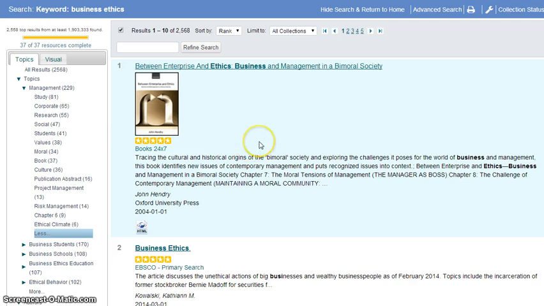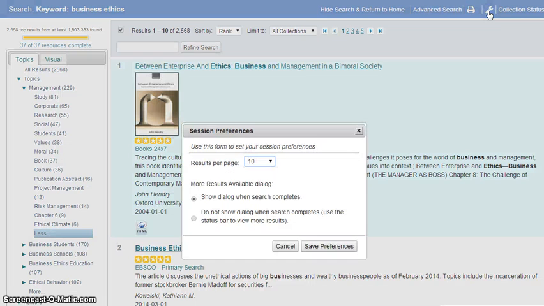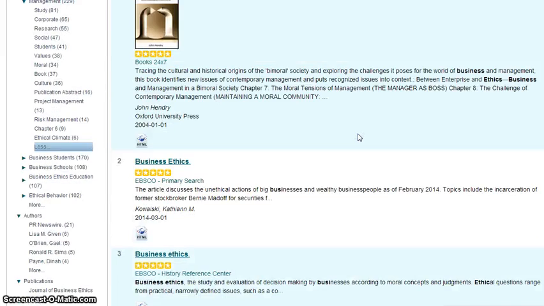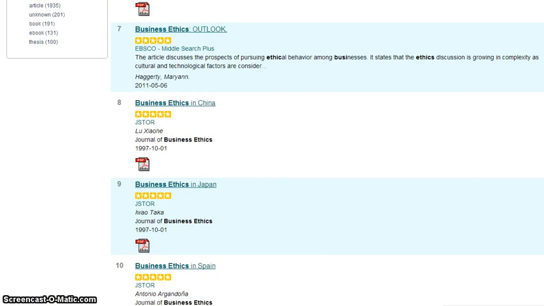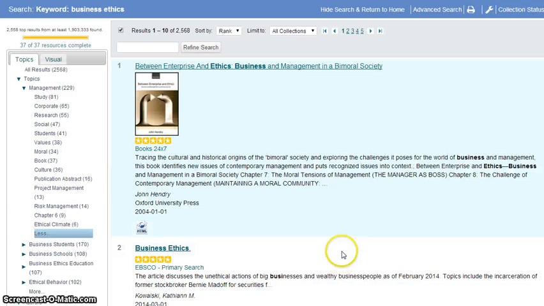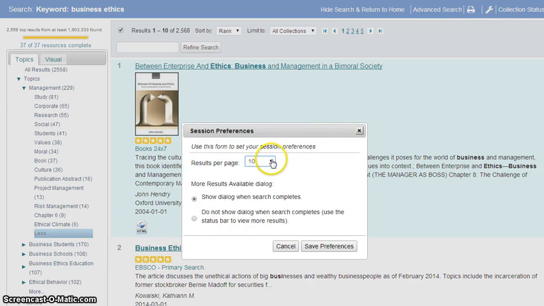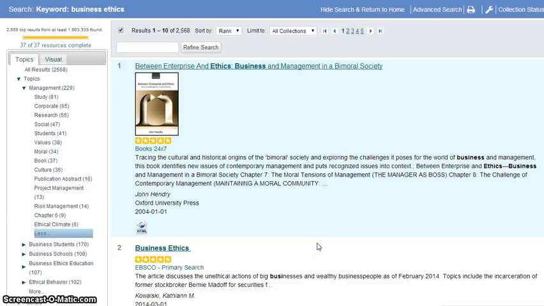So I just wanted to show you a couple more features here. This is a huge place to start, but one thing that you can do to help you get through all of these results is up here. There's a little wrench on the top right. I'm going to click on that, and it's telling me results per page is 10. I'm going to close this real quick. But you can see that as I'm scrolling down, it only goes through 10. So it could take quite a while to get through 2,568. So what I can do is go in here, click that little wrench, and put the results per page to 250. So that's fantastic. I'm going to save that preference, and it'll just take a second to reset and list everything.